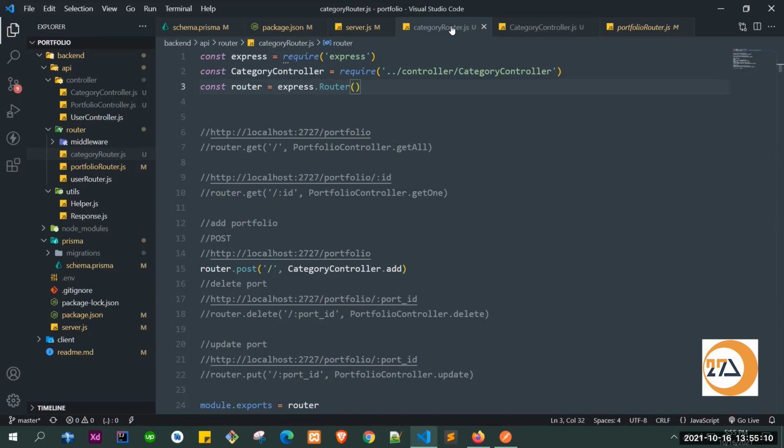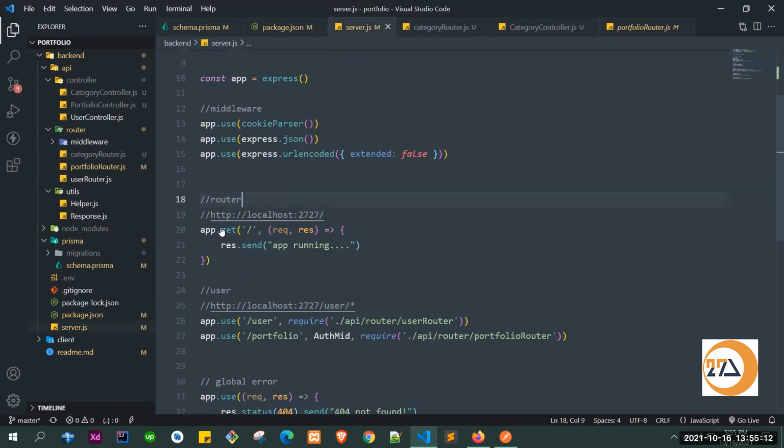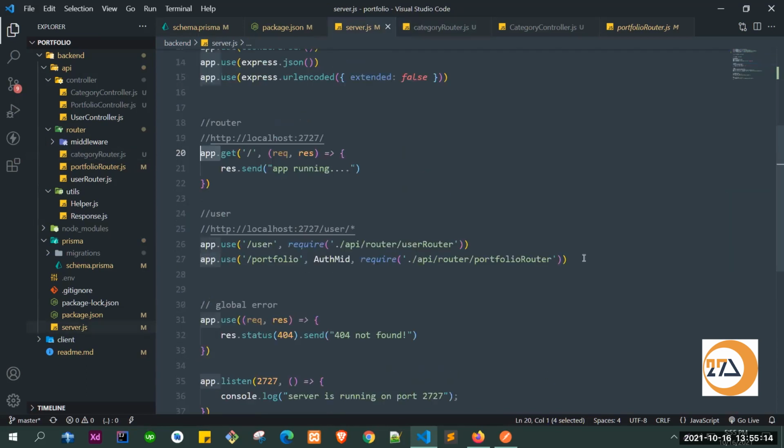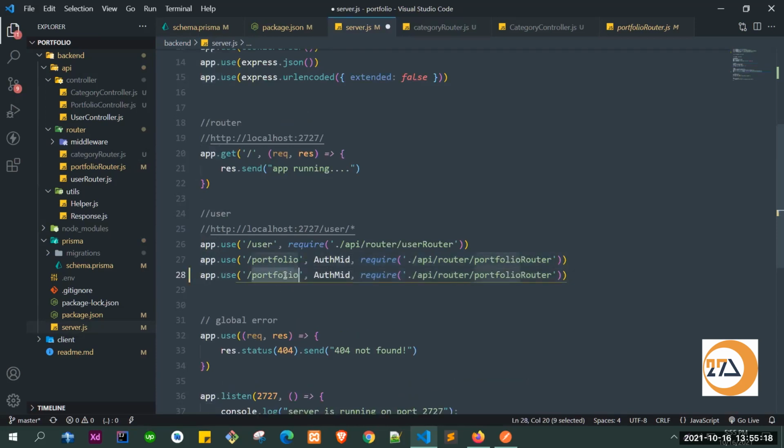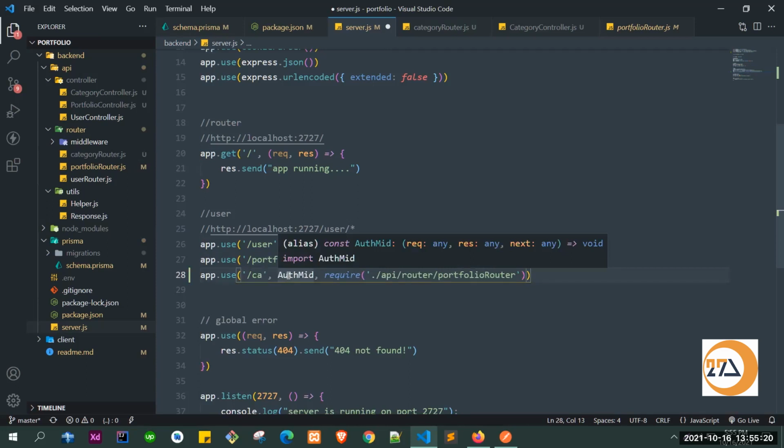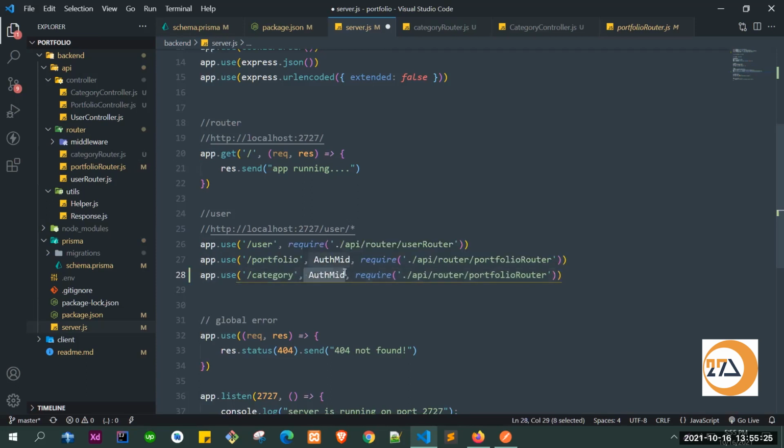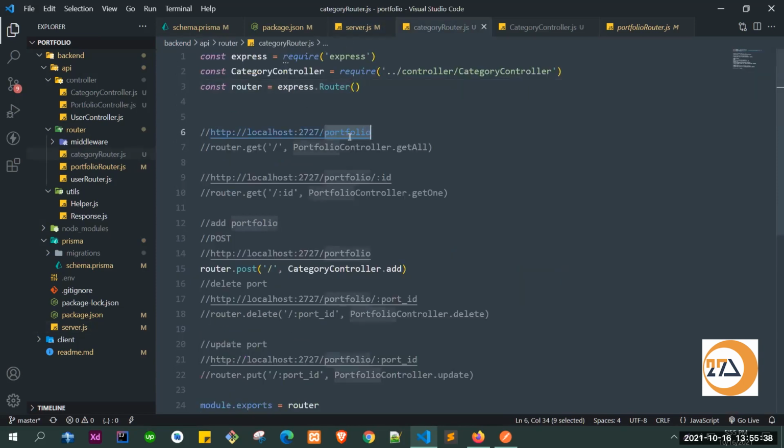So now what you need to do is attach this category router with our application. So for that we'll copy this line, the same, and here instead of portfolio we'll give a prefix like category. And this will also be a private router because we don't want somebody to come and create a category. So the URL should be category router. And we also need to update this portfolio from here, it should be category everywhere,